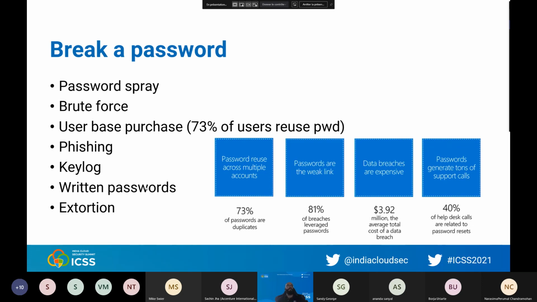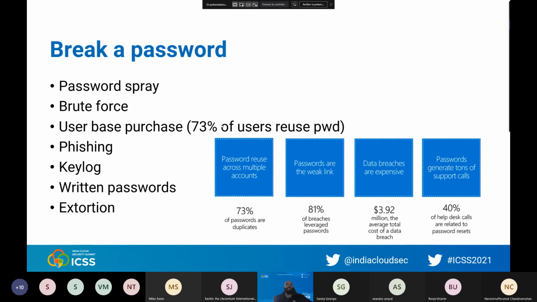But in fact, what happens is that you have a lot of password databases now available on the dark web from many websites that have been hacked, like LinkedIn, for instance. LinkedIn was hacked a few years ago, and people are reusing the same password for their personal account and for their business account.